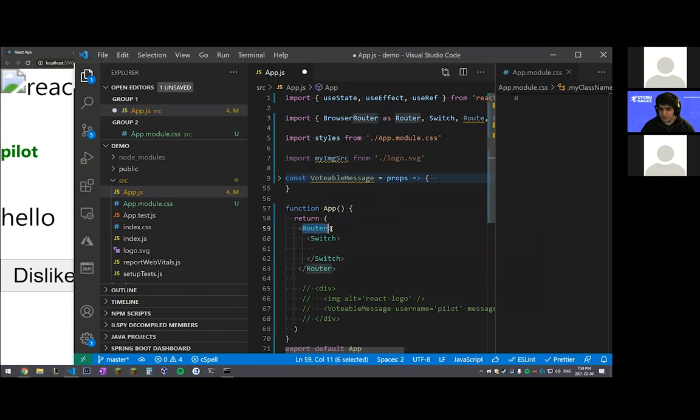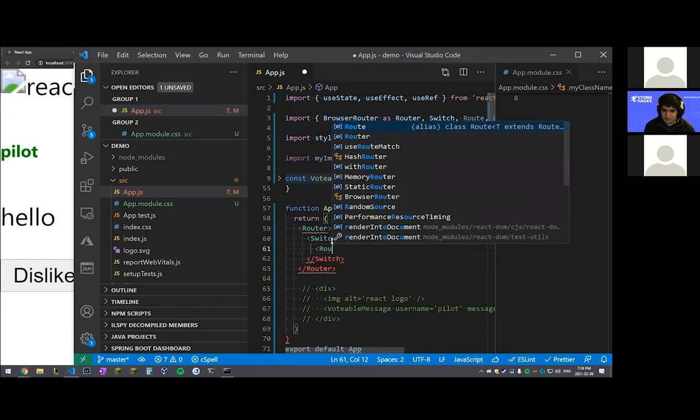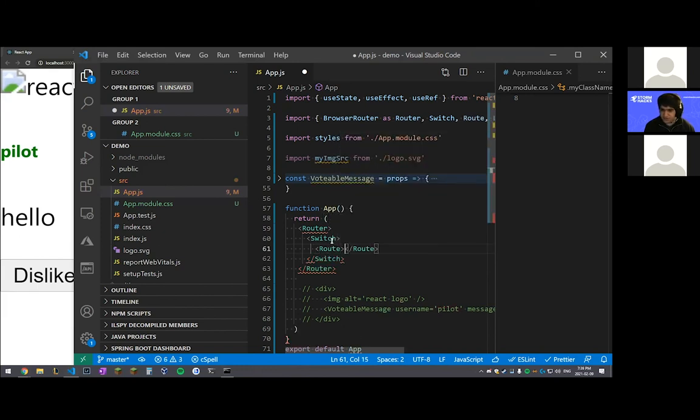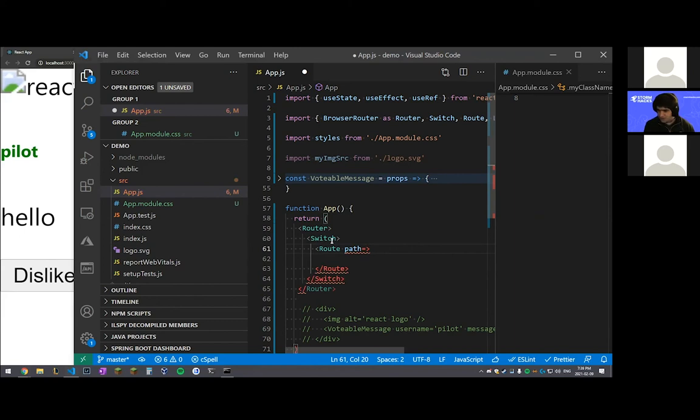So this router is what controls the redirects. The switch gives you access to a bunch of different links. And then inside of here, we can put the different links, which are called routes. So we can do a route here and then we can do path. This is what you would type into your browser to reach this point. So for path, we can do slash